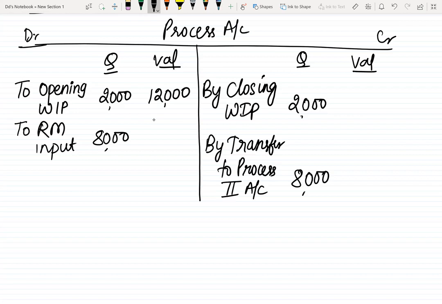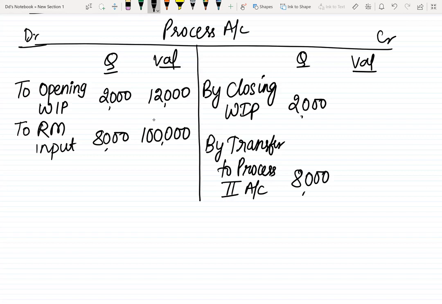Material 1 lakh, labor 78,000, overhead 39,000. Now for material, you have already written 8,000 quantity. Against that, you can write 1 lakh rupees. Right. Sir, can I assume this 1 lakh rupee as additional raw material? If you do that, then this raw material input 8,000 quantity will not have any value. That is not possible, right? You can't say 8,000 kg input, but there is no value to that. So I should understand that this 8,000 units itself is 1 lakh rupee, right?